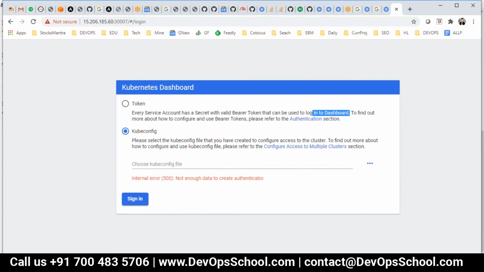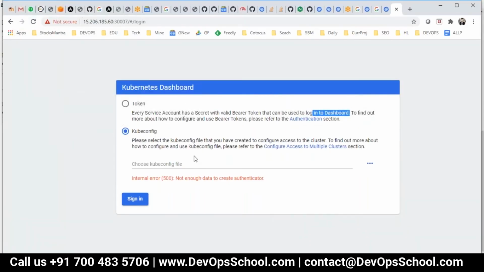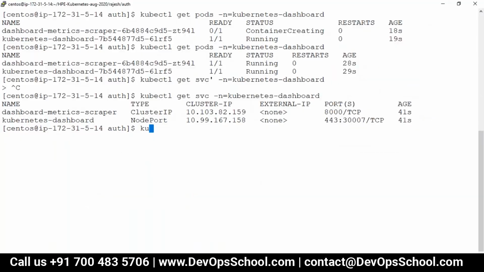So how can you get this token? I used to log in with the kubeconfig, but how to get the token? Any idea how to get the token? Service account, kubectl get, what is that? SA.